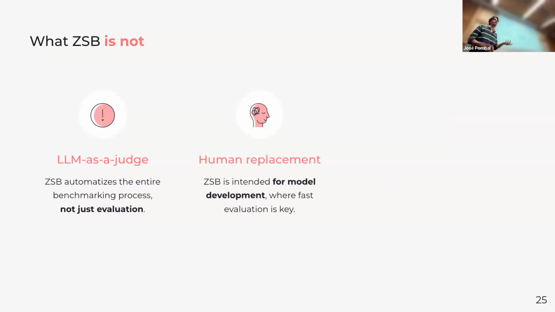It's also not a replacement for humans. I think, and for us in practice, we use it a lot for model development. But at the end of the day, if you want to do something like WMT, which is a competition for machine translation, if you want to state every year which is the state-of-the-art model for translation, you probably want to do some sort of expert evaluation. Same thing for safety audits and evaluations. If you deploy a model in the real world, you want to go through humans as well.